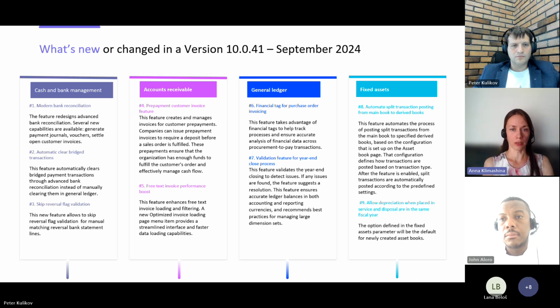This feature validates this year-end process and detects issues. If any issues are found, the feature suggests a resolution, and this feature ensures accurate ledger balances in both accounting and reporting currencies. And next module, fixed assets, and next feature number 8, automate split transaction posting from main book